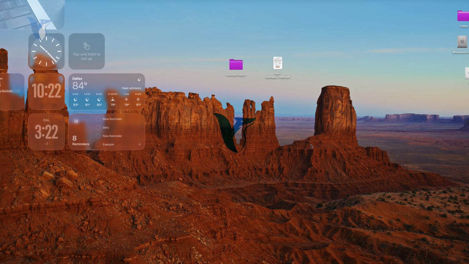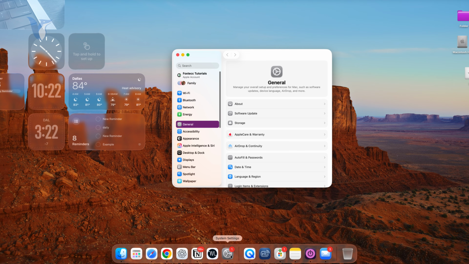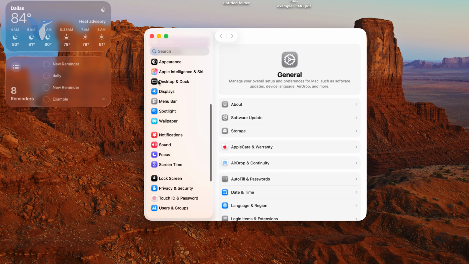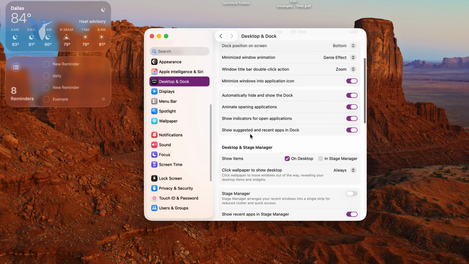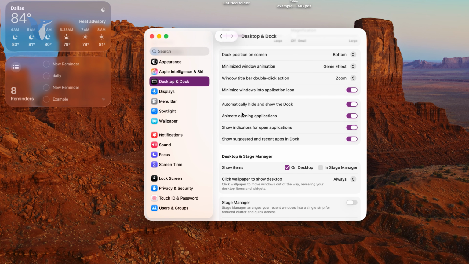So right now, let me show you how we can add apps to the dock at the bottom of your Mac screen. So let me show you how it works. First of all, I would go to the settings like that and scroll to the bottom and find the desktop and dock section, because there is an interesting set of toggles in here, and you can essentially change some